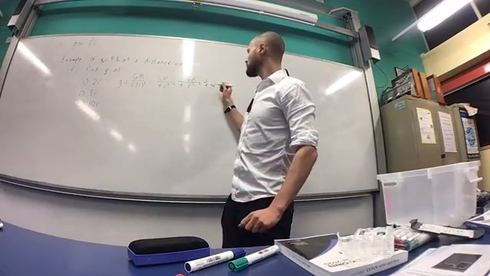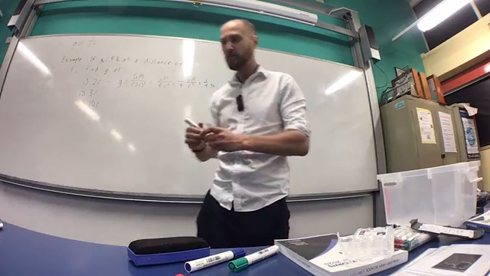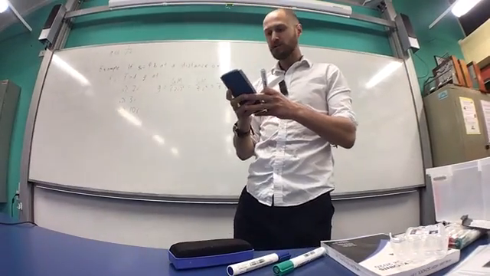So I've got a quarter of g naught, and I'm going to find that that's 9.8 divided by 4. And I know what that is off the top of my head, but